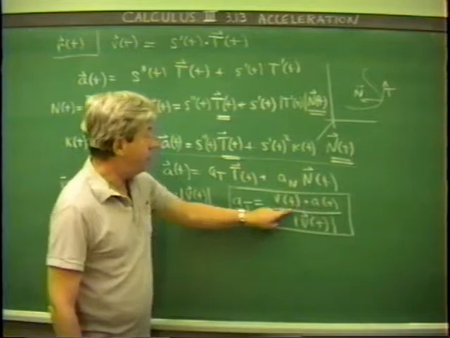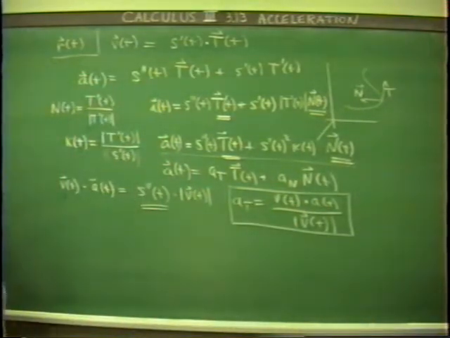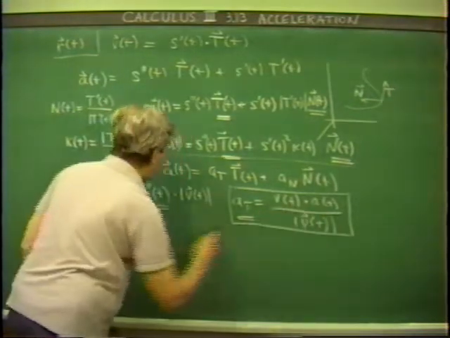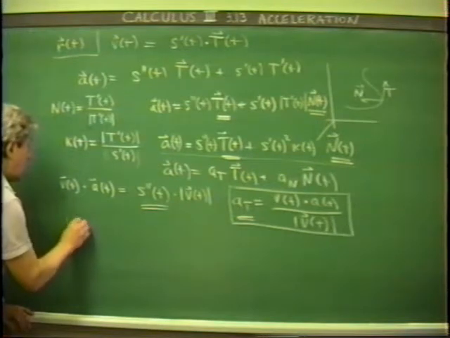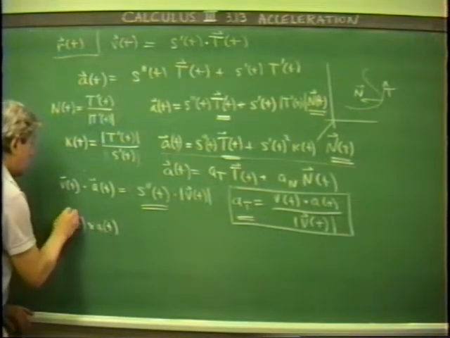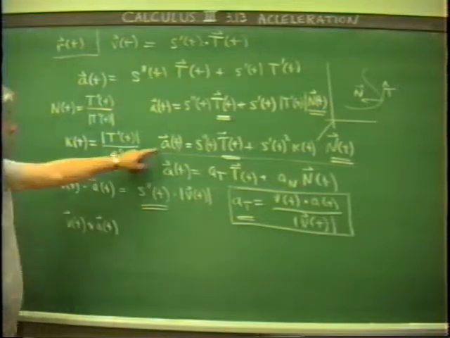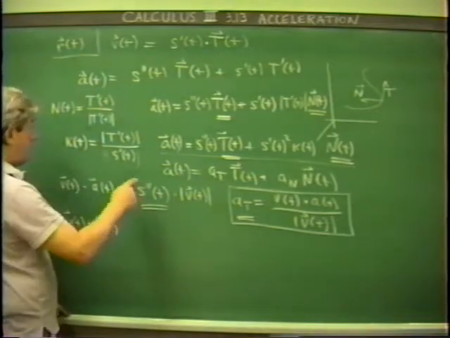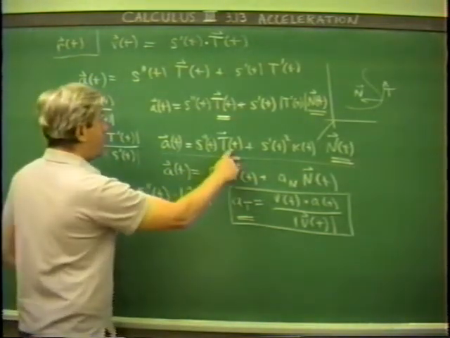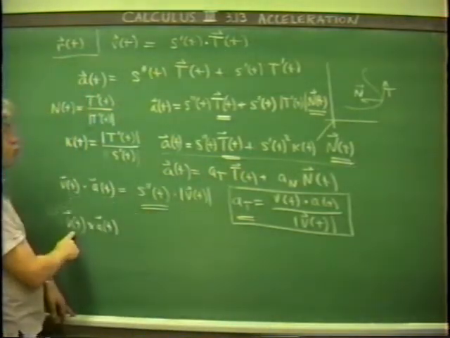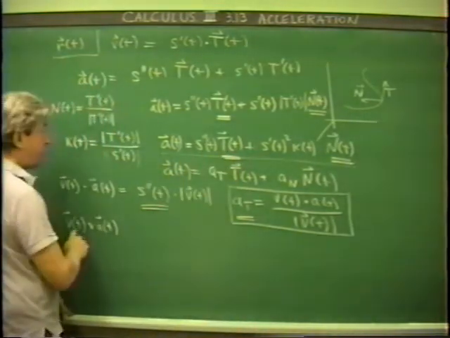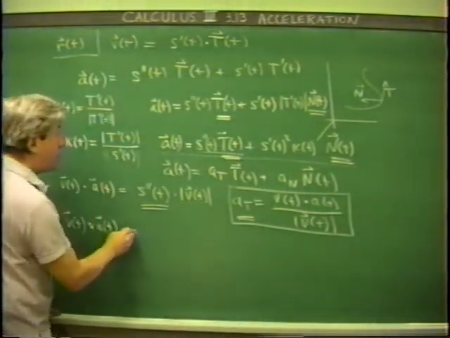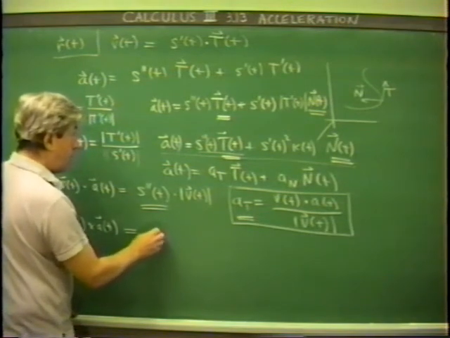This is a very natural formula in the sense that the tangential component is the component of the acceleration in the direction of the velocity. So a dotted with this, divided by the magnitude of the velocity. This gives us a means of computing the tangential component by using this dot product. Let's take a look at v of t crossed with a of t. Using this formula here, v of t has only a tangential component, so that this crossed with